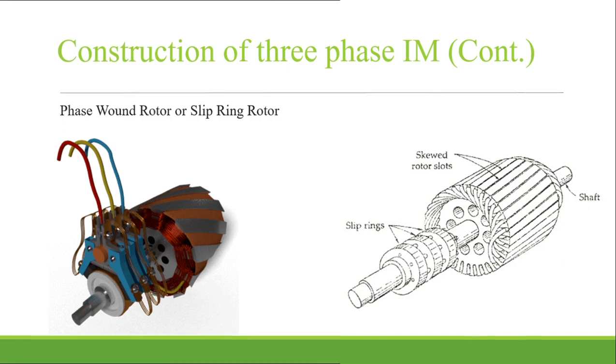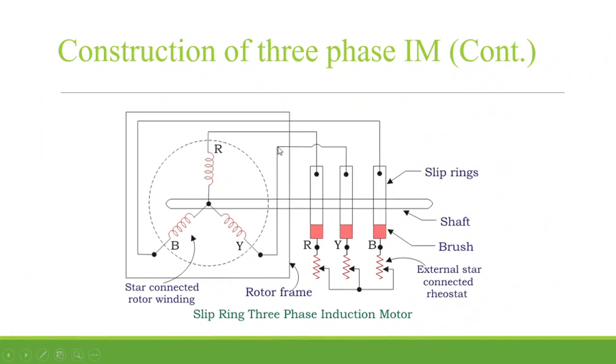We will now see the electrical diagram of this slip ring three-phase induction motor. Suppose this is a star connected rotor winding. With each phase a slip ring is connected, and with the slip ring some external resistance or rheostat is connected. At the starting, the resistance connected to the rotor circuit is gradually cut down as the rotor picks up its speed. So this is the use of this slip ring motor.